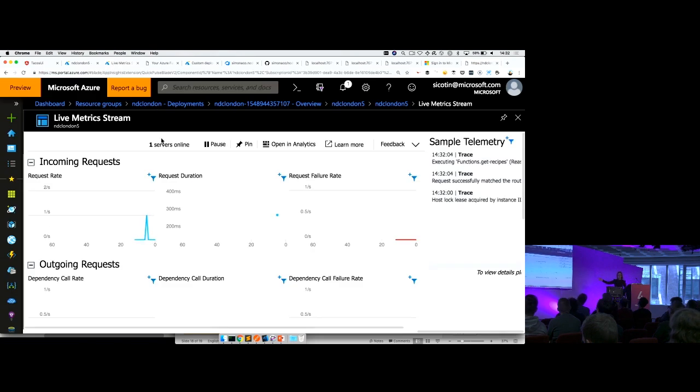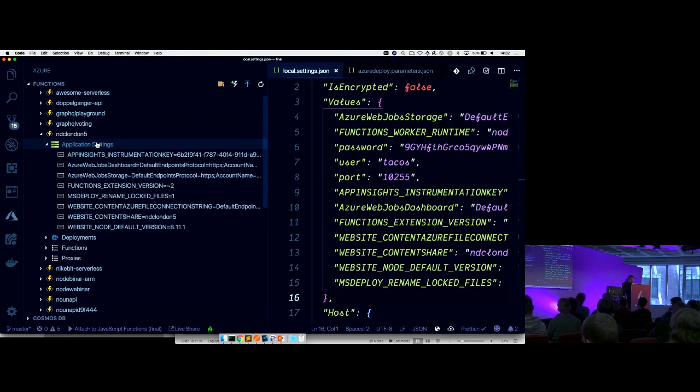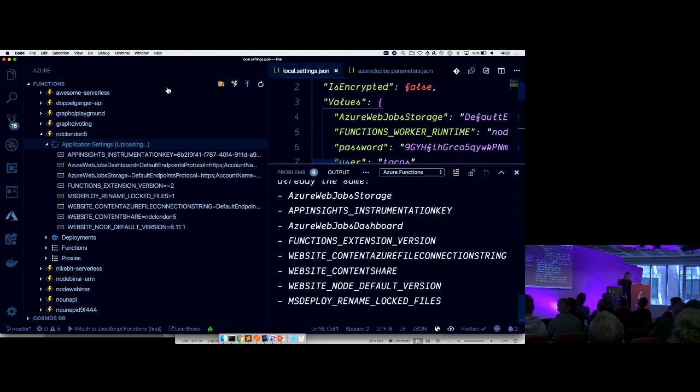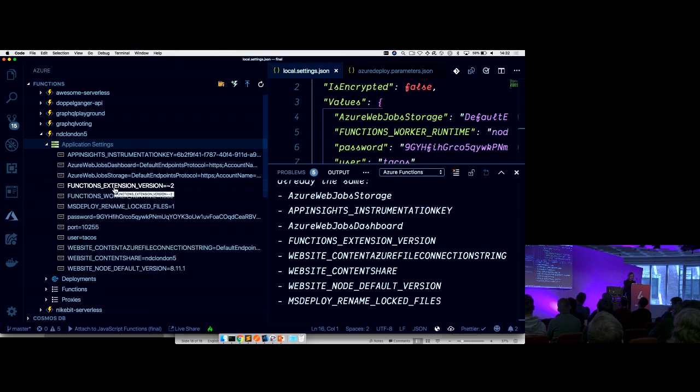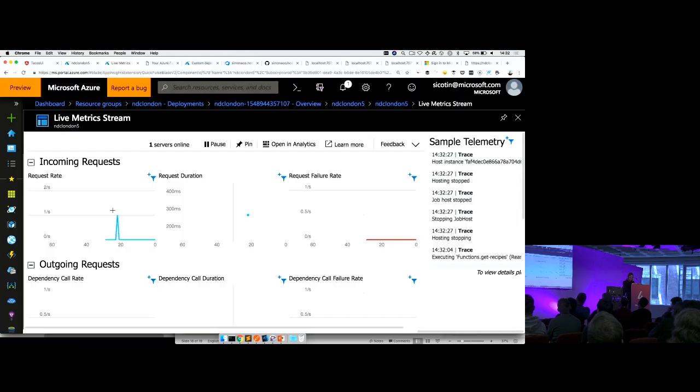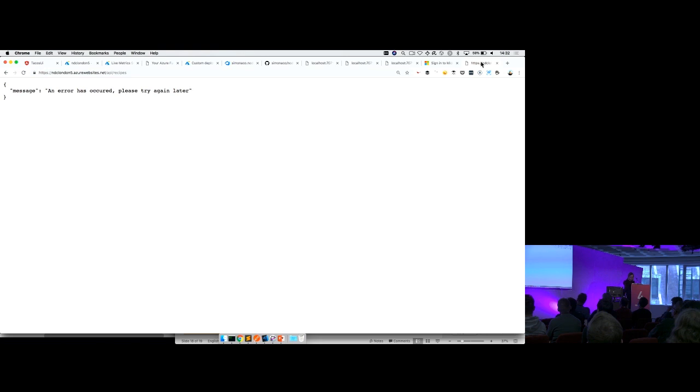And now on my application screen already, we can see that request coming in. So let's go ahead and now upload local settings to our cloud. It will add our user and our password. So now if I refresh this page, it should give me data from our database.